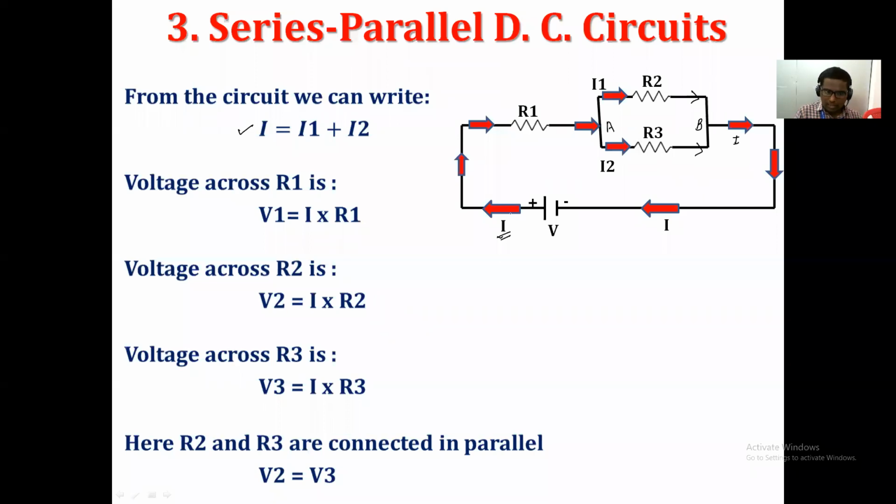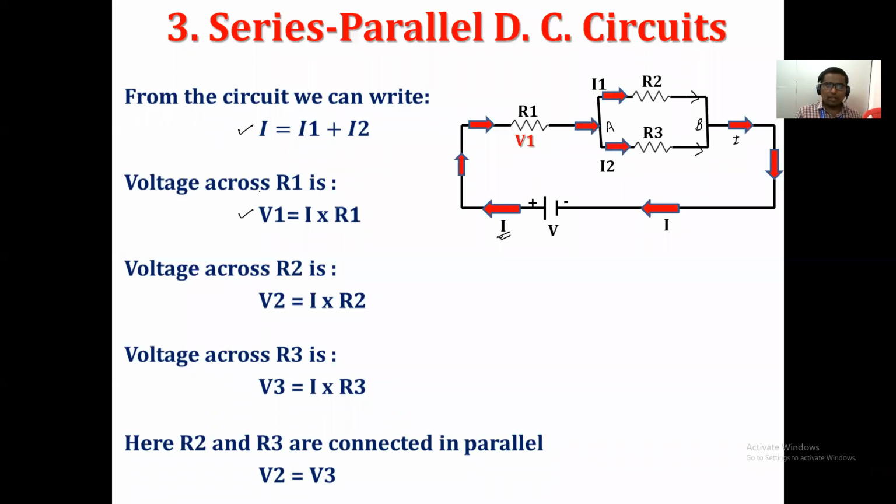So this current I flows through that R1, and according to Ohm's law, if current flows through R1, definitely voltage is developed across that R1. Is it right? And how can you calculate that voltage across R1? Apply Ohm's law: current flowing through R1 into resistance of R1. So we can write the voltage across R1, which is V1, is equal to I, the current flowing through R1, into the resistance R1. So we say that it's V1.